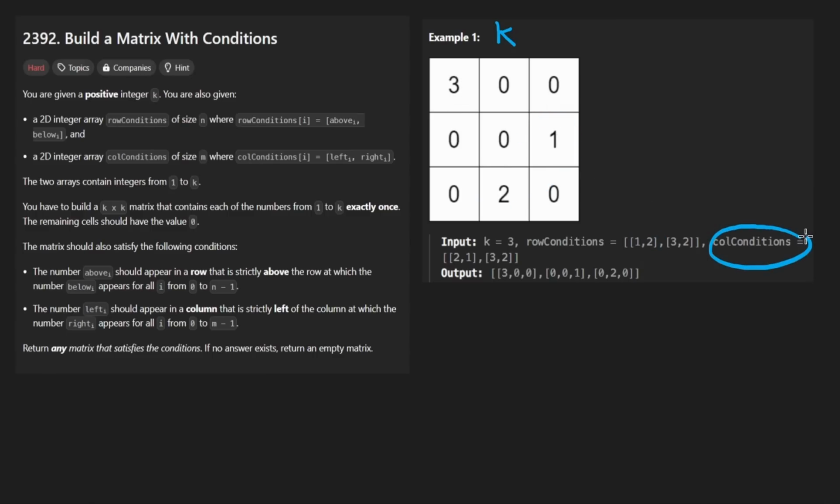The second array, column conditions, is pretty much the exact same thing except for columns. So if we have 2, 1, we say 2 has to be to the left of 1. It could have been like this, or like this, or like this. Once you realize that these are saying it needs to be strictly different, like it needs to be above, or with the columns, it needs to be to the left,